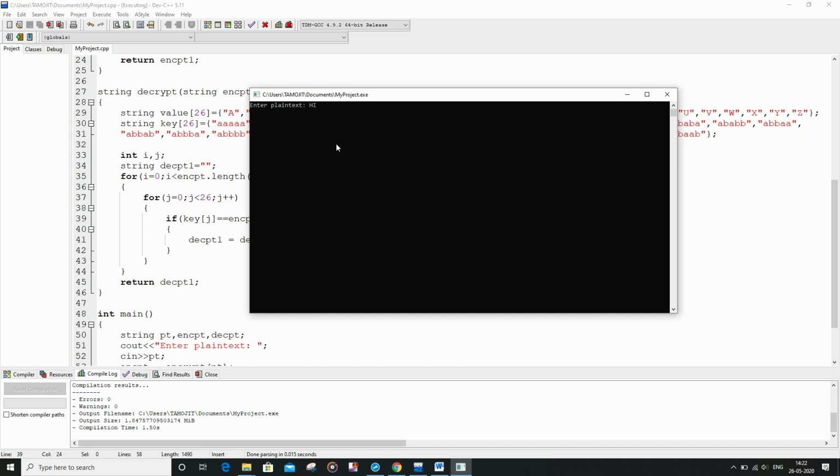I am going to enter hi, and as you can see the hi has been encrypted into an encrypted text, where the first character, that is h, is encrypted into the first 5 characters, that is double A and triple B, and similarly for the i, and finally it is going to decrypt, and we are going to get the decrypted text back as the plain text. So that's how the Baconian cipher C++ implementation can be done.